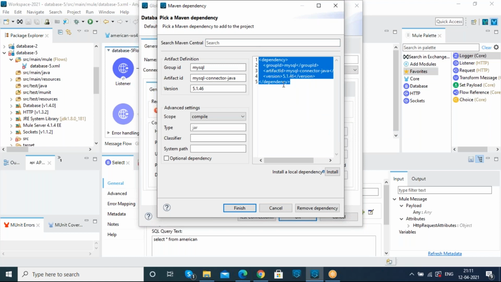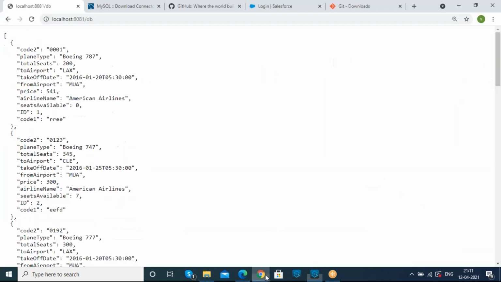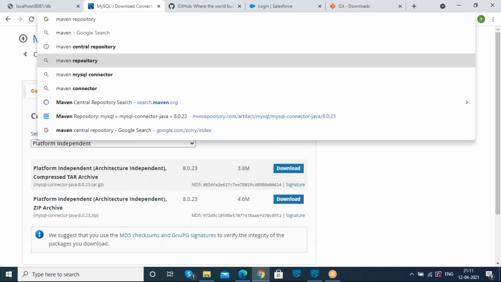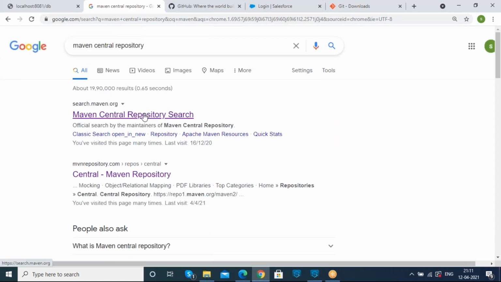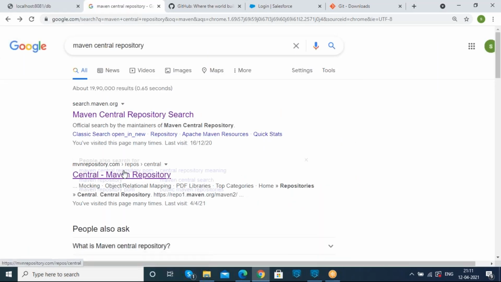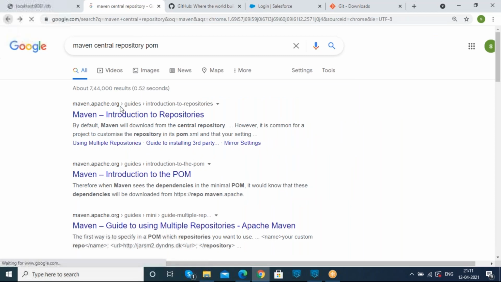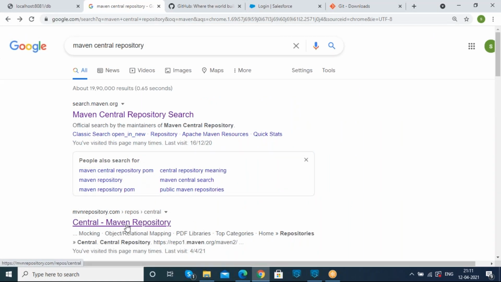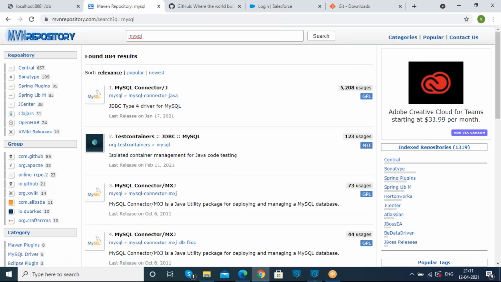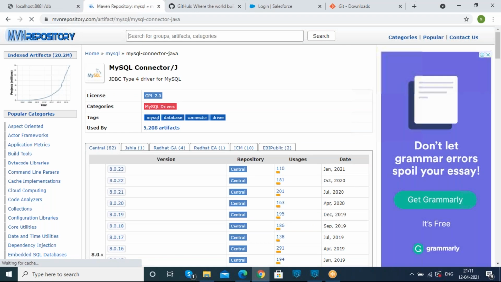So here it is picking the code. If you don't want this version by default, you can go for the Maven central repository. If you search for MySQL, see here, this is the jar file, and you have 82 versions of it.